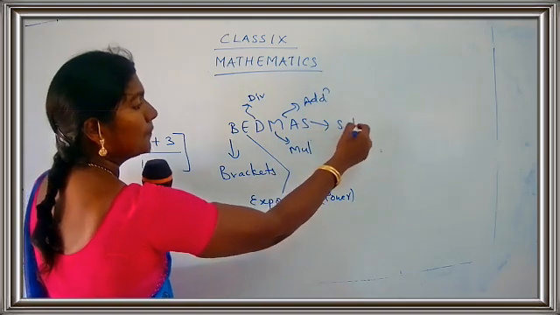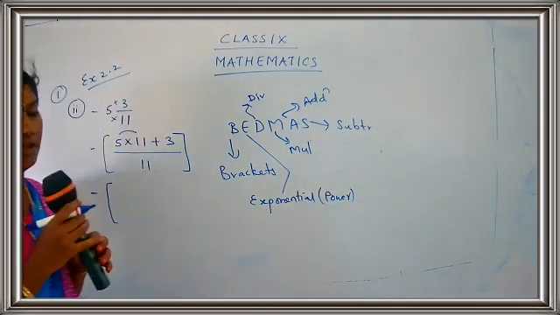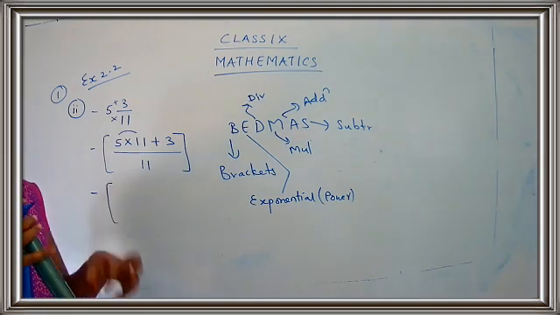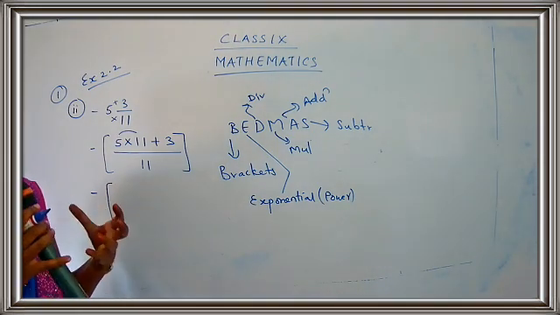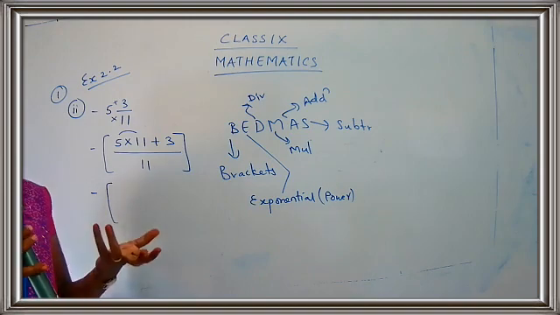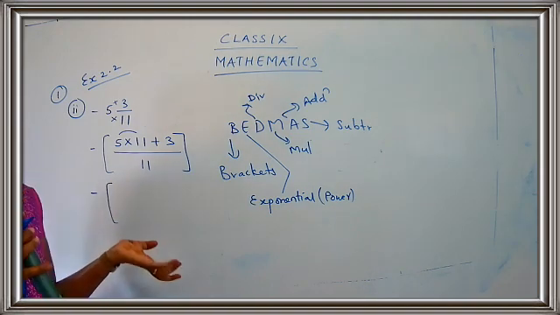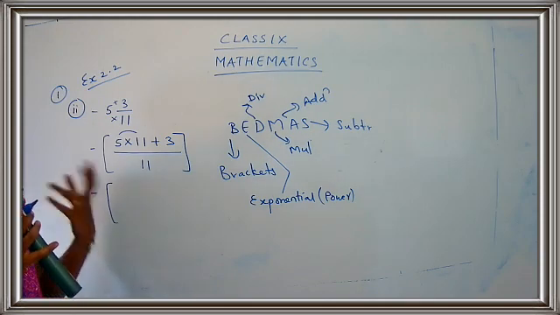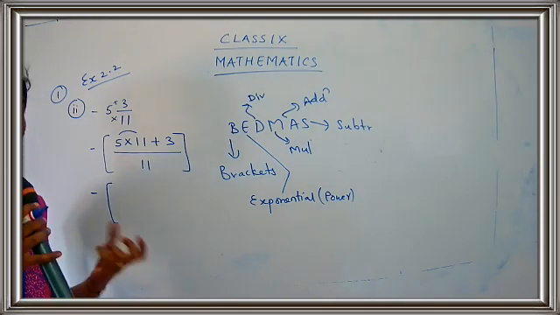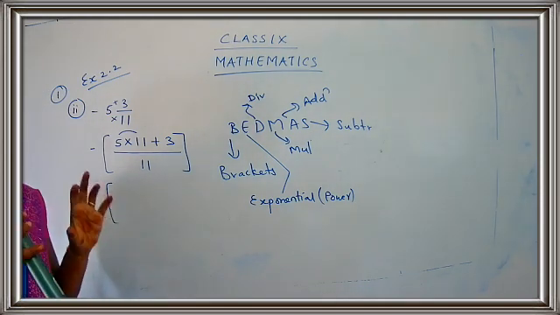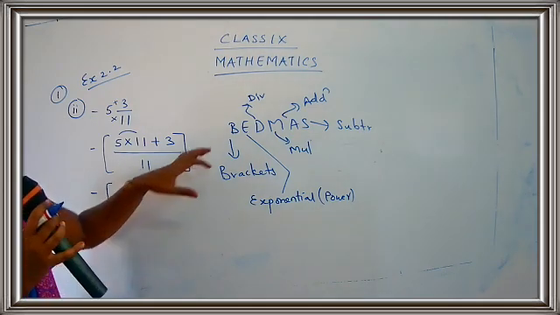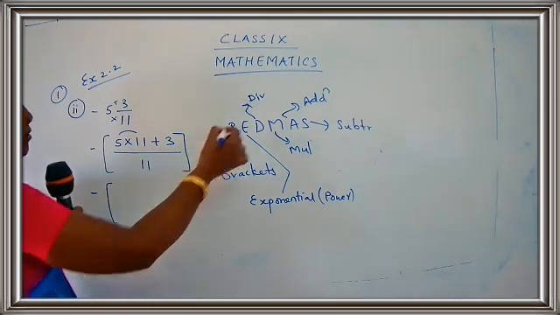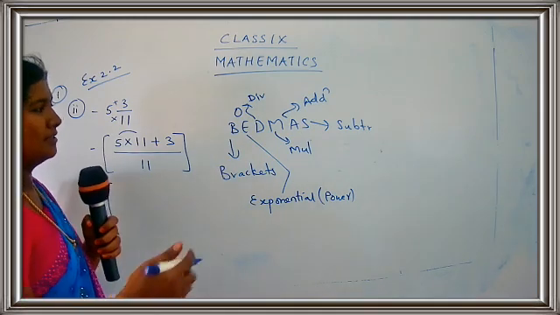So this is the rule that we follow when we simplify sums. If you have a single operation, no need to worry about it. We can just go with the single operation. But if you have more than one operation, like two operations or three operations, or more than that, we have to follow a rule. What is that rule called? It is called the BODMAS rule. Mostly we say BODMAS rule, okay? But actually, this is the BEDMAS rule.